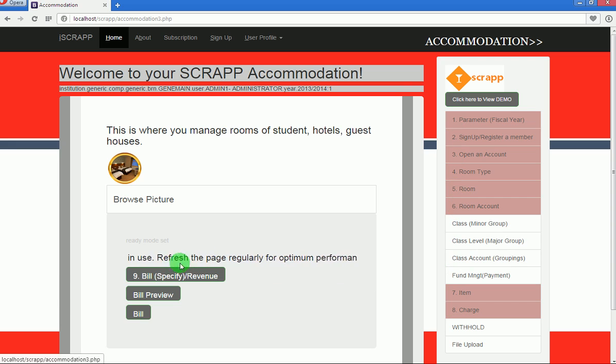And then in the middle section of the screen, we have where you'll be doing the actual processing within the Scrap accommodation module. You'll be specifying the bill for your students, or where you'll be charging your client for using the facilities within the hotel